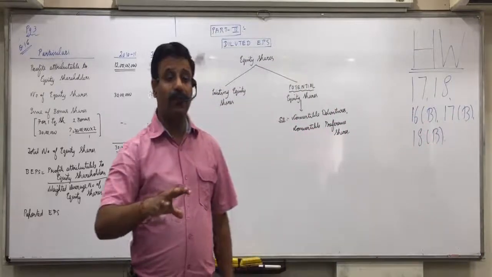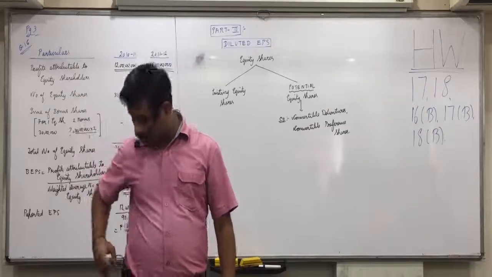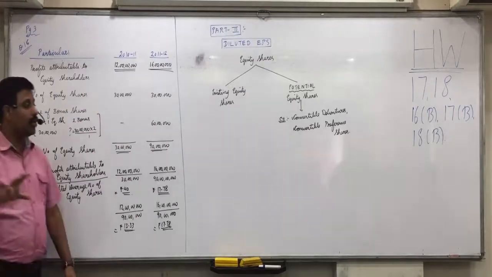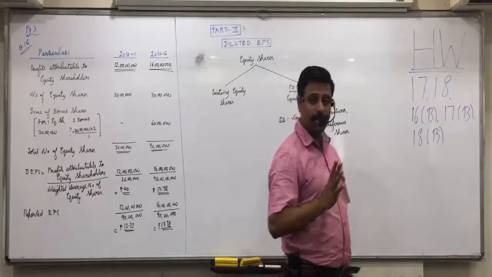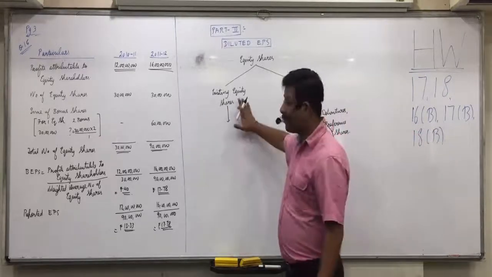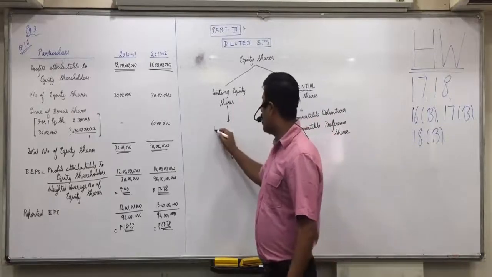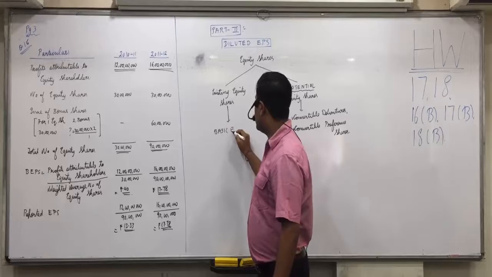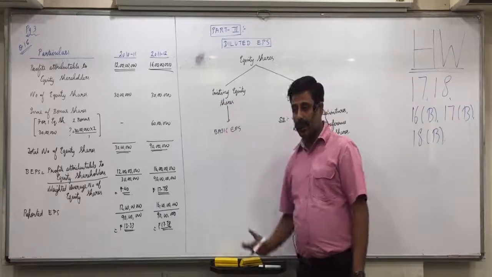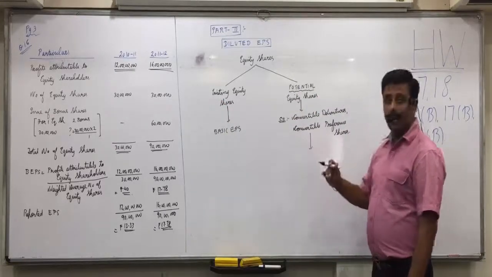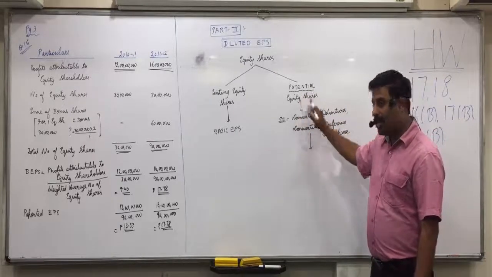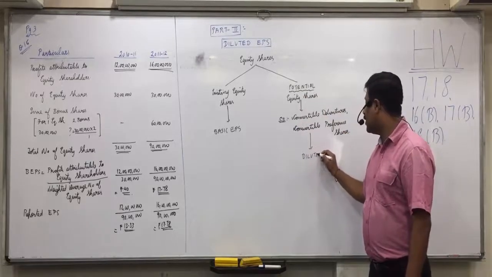So these warrants also have the potential of becoming equity shares in future. They are all included in potential equity shares, but you will have examples primarily on only convertible debentures and convertible preference shares. Whatever EPS is calculated considering existing equity shares is called basic EPS, which we studied in the first part, and everywhere we had taken existing shares. And whatever EPS is calculated taking into consideration existing equity shares plus potential equity shares is called diluted EPS.